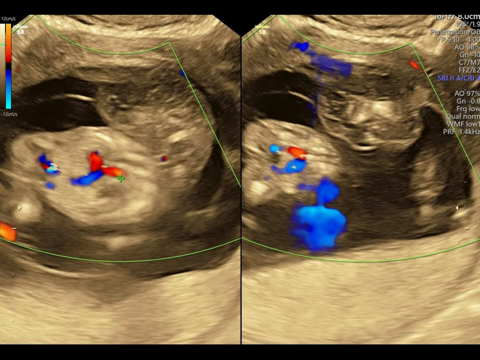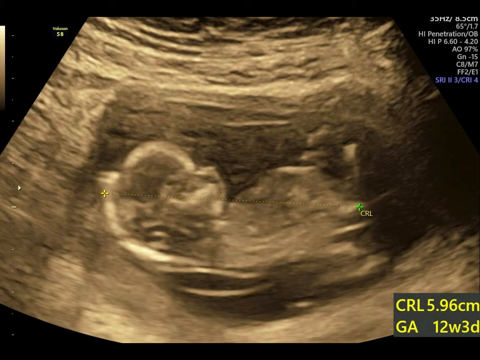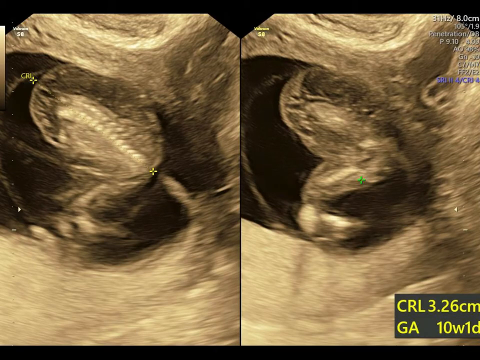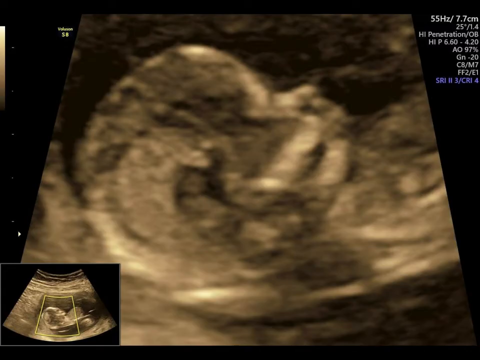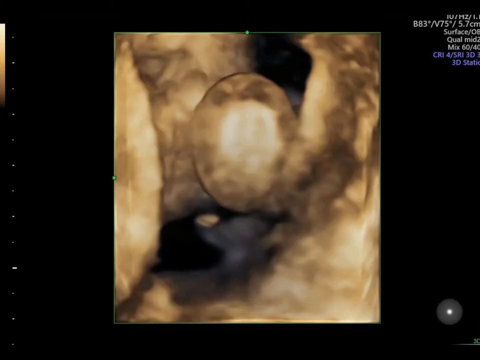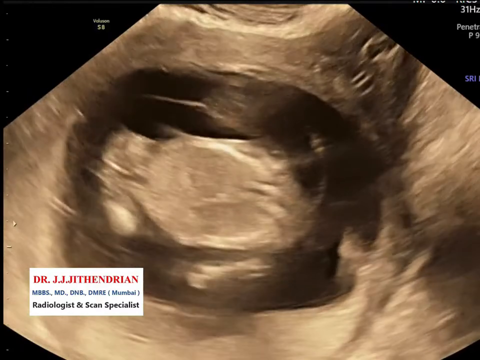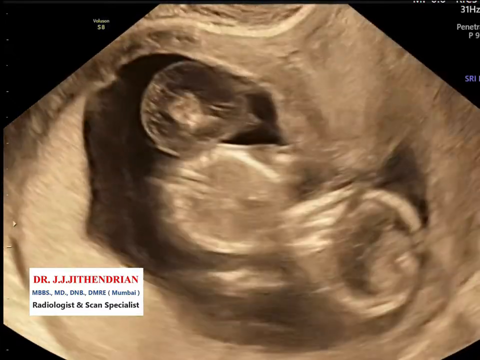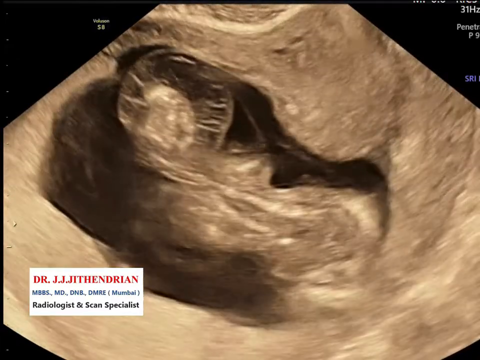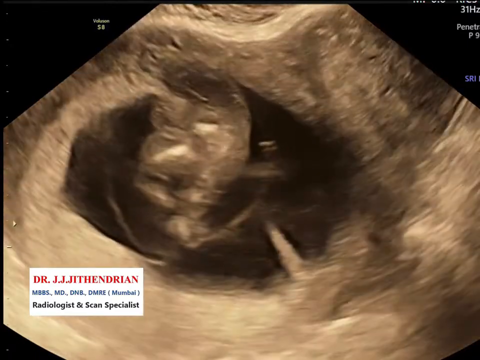A 30-year-old female came for an NT scan at 12 weeks. You can see the still images in the video and give the diagnosis. The still images might mislead you, but the video is very helpful, so you can pause the video if needed for the diagnosis. If you want more time, please review again. Within a few seconds, we will discuss the findings and the diagnosis. Are you ready? Let's go.